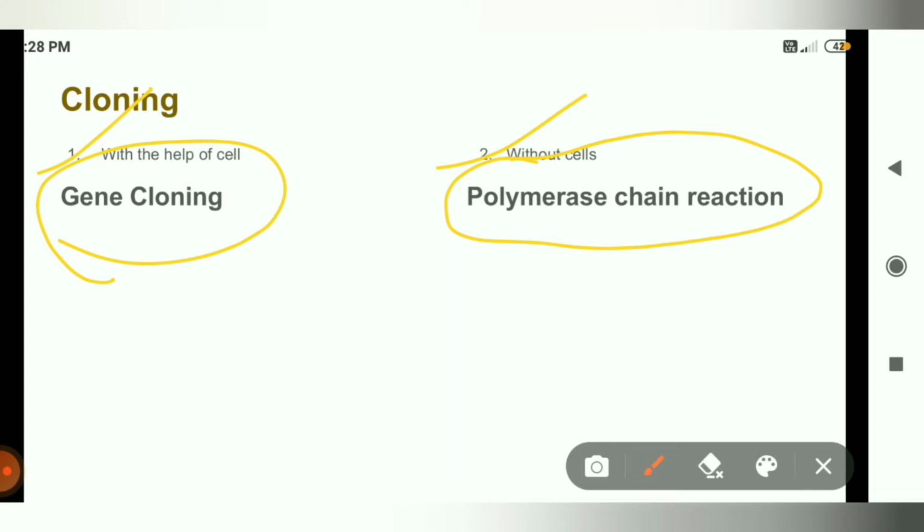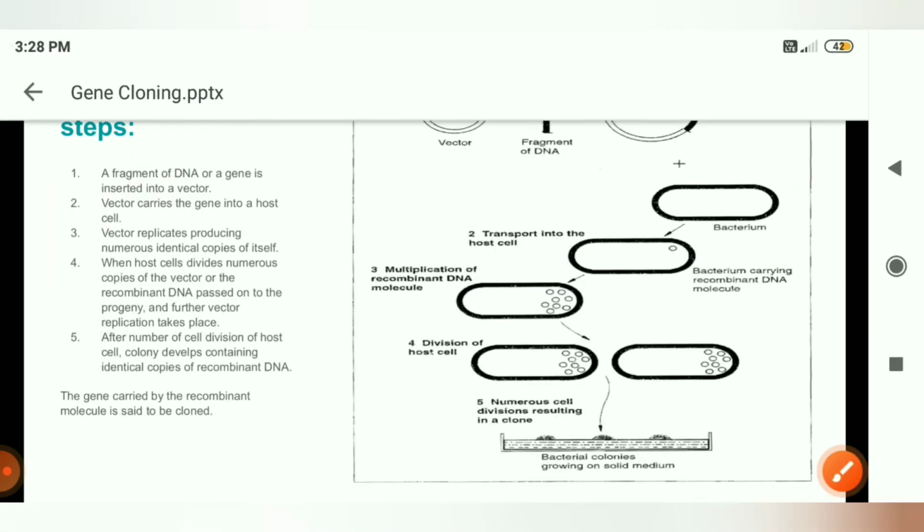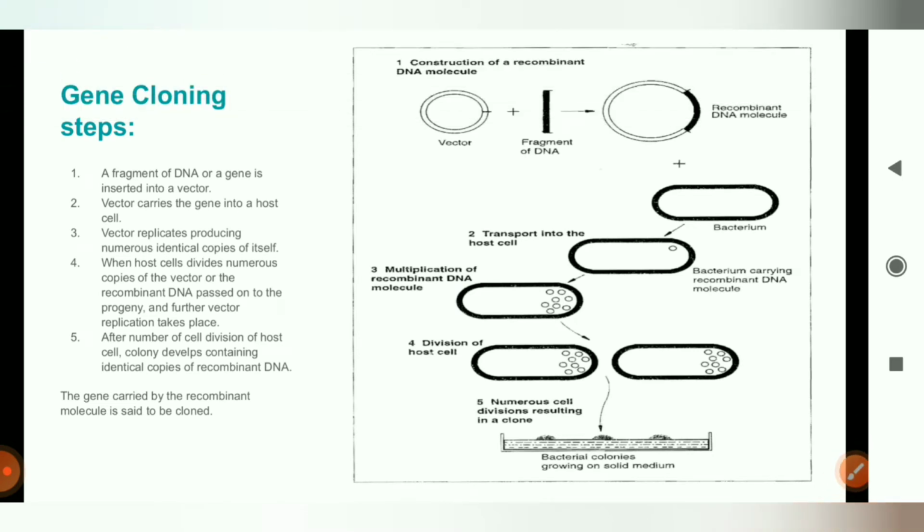In this video, we are mainly focusing on gene cloning. What are the steps which are going to take place in gene cloning? We will be discussing step by step. Now let's go. So the first step